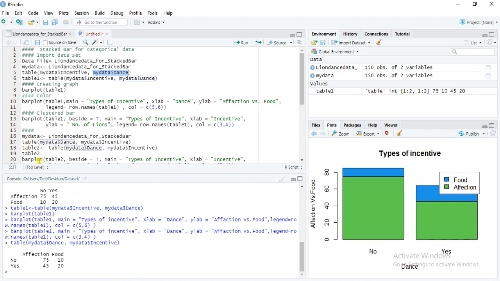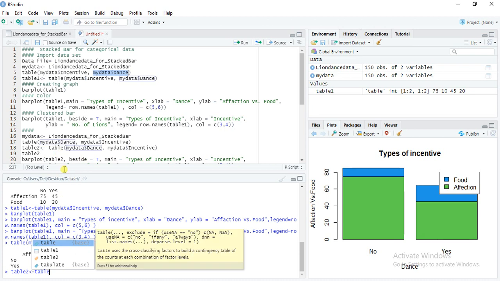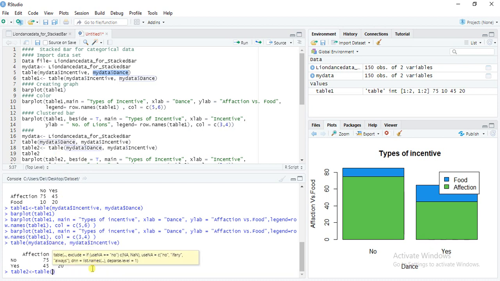Now we will take another table, table 2, because we have used table 1 in the previous script. So table 2, that is table my data dollar sign dance, comma, my data dollar sign incentive, and then enter.